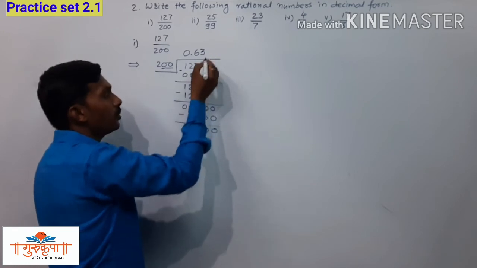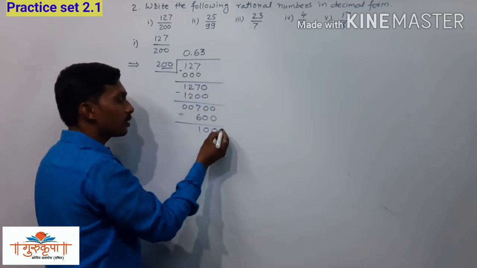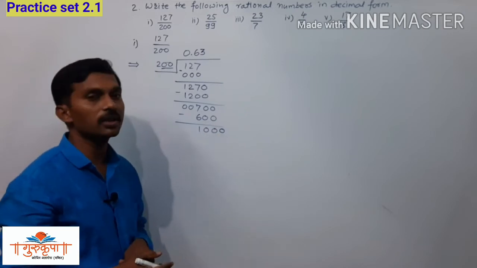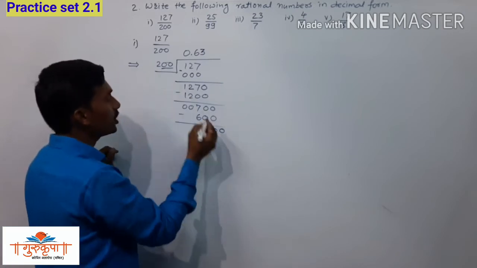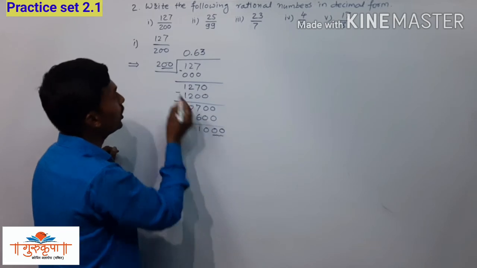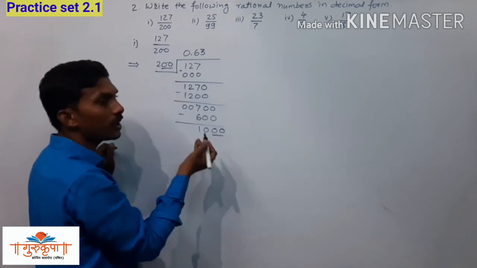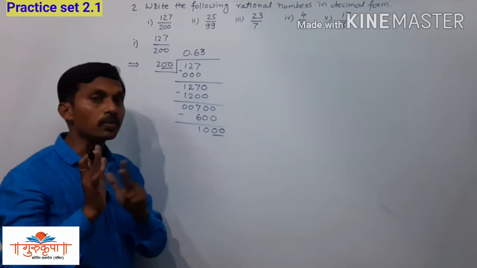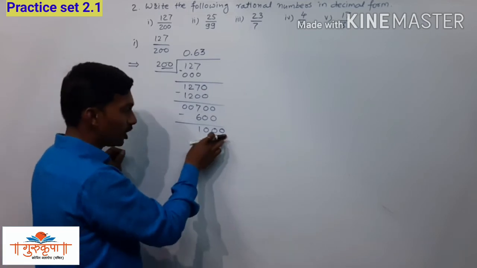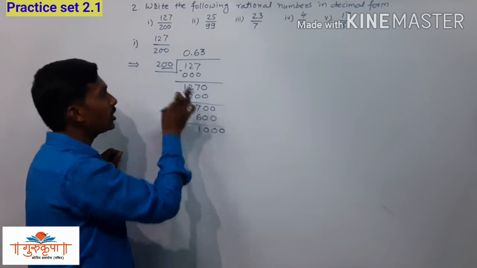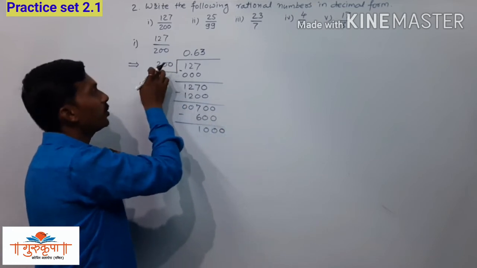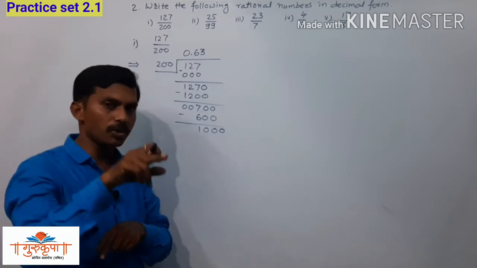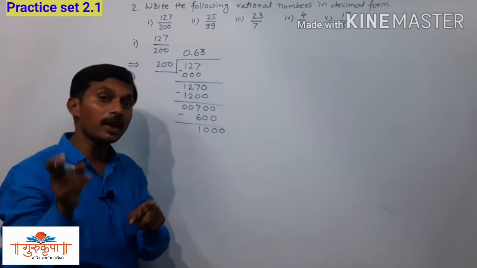Now we have to take one more 0 here. Since 100 is not divisible by 200, we have to take one more 0 there. Now we have 1000. Again skip the last 2 digits. We have 2 here, we have 10 here, 2 5s are 10. That is the possibility only. Now we have to confirm it. We have 1000 here, we have 200 here, and 5 is the approximate quotient.